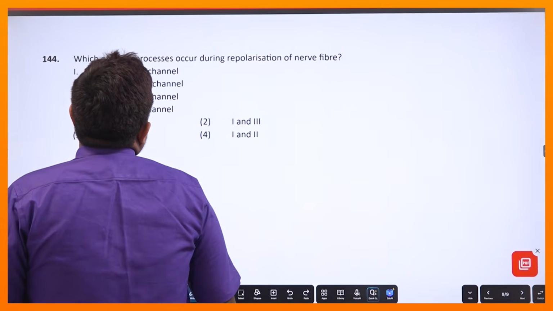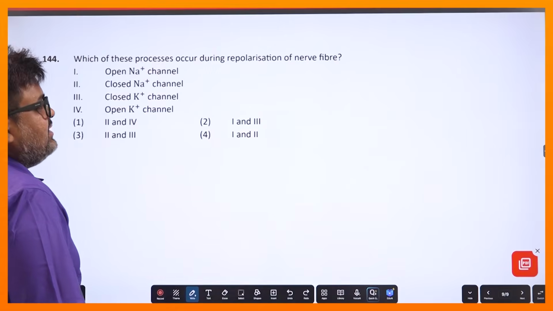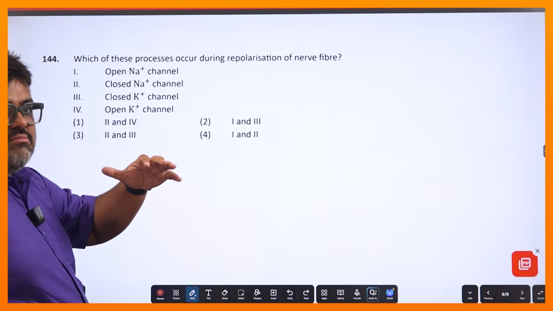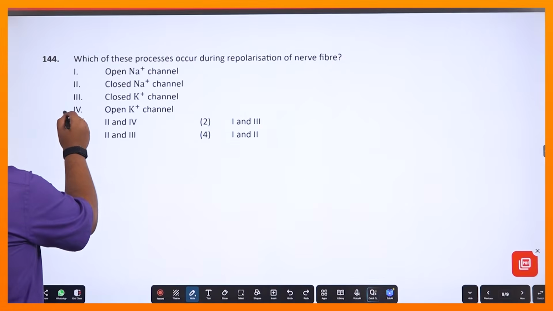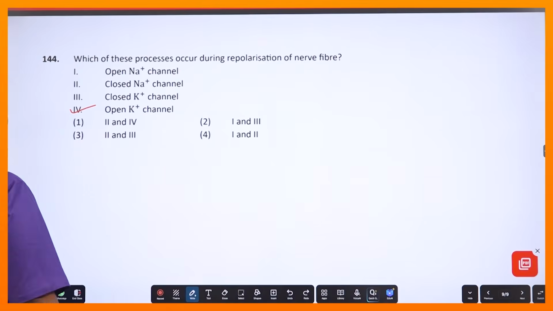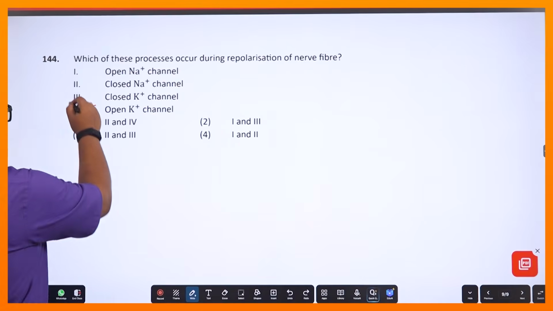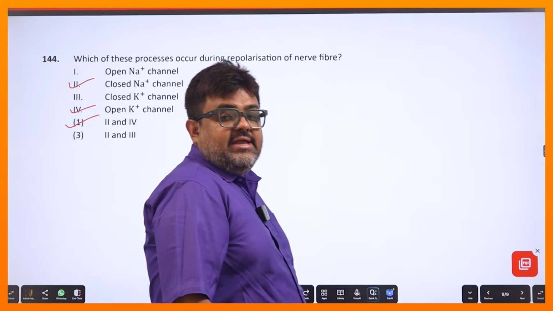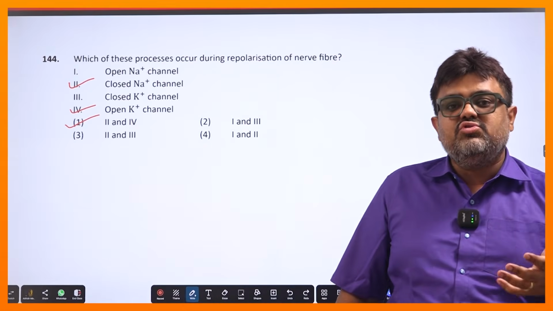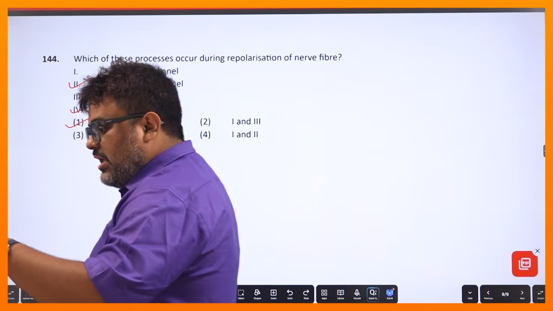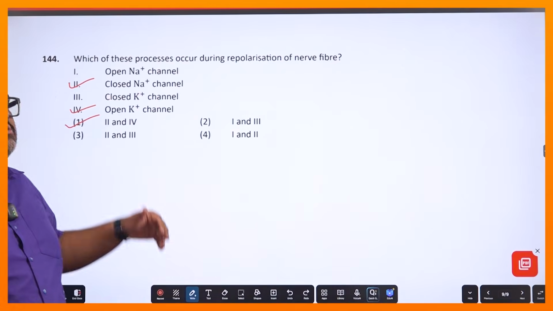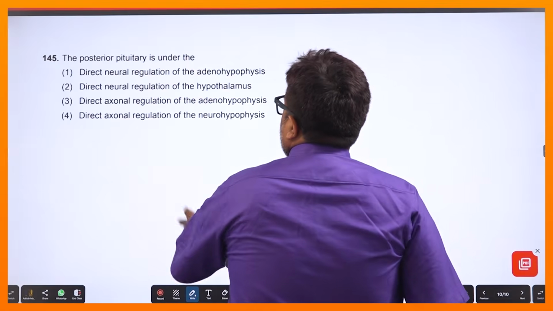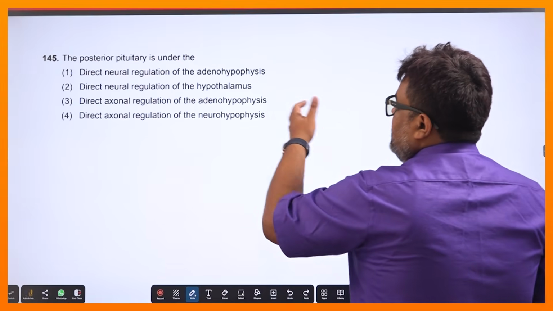নেক্সট যদি যাই, আবার বলছে রিপোলারাইজেশন অফ নার্ভ ফাইবার, এরকম তো একটা কোয়েশ্চেন আমরা দেখেইছি, যেহেতু কে প্লাস বাইরে বেরোয়, তাহলে কে প্লাস চ্যানেল ওপেন থাকবে, সোডিয়াম বন্ধ থাকবে, 2 আর 4 আশা করি দেখতেই পাচ্ছিস, ঠিক আছে। এটা এনসিইআরটি লাইন, ইফ্লাক্স অফ পটাশিয়ামের জন্য রিপোলারাইজেশনটা হয়, তো কাজেই ইফ্লাক্স অফ পটাশিয়াম যদি হয় তাহলে এই দুটো ছাড়া তো হবে না, ঠিক আছে। তো কাজেই আমার 2 আর 4টা ঠিক।